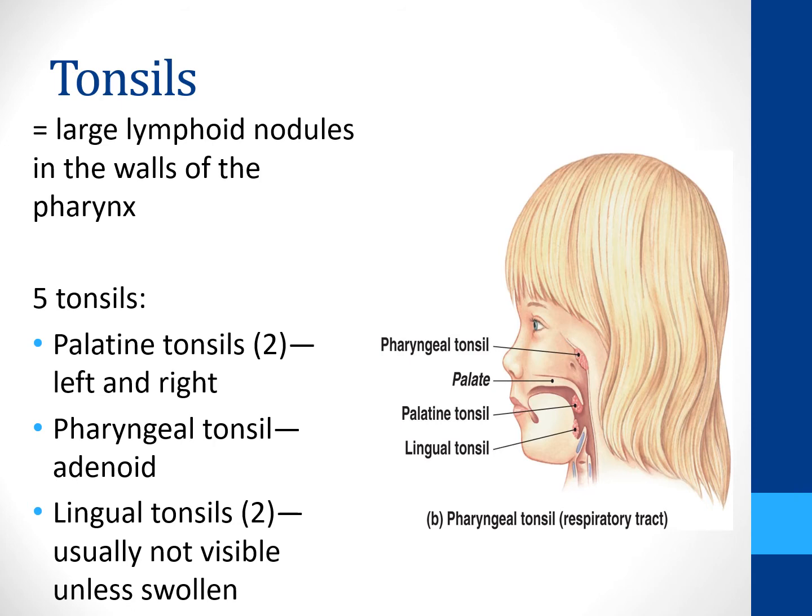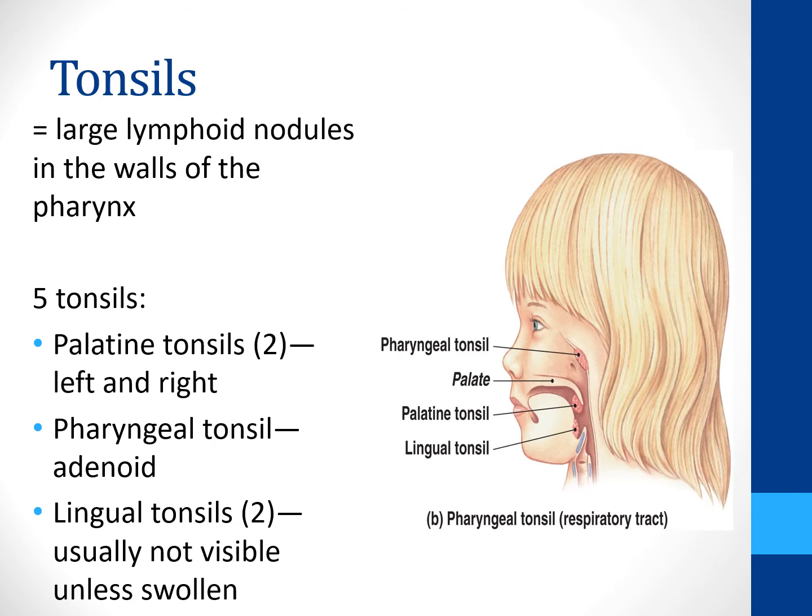Our tonsils are large lymphoid nodules in the walls of the pharynx. Most people, when we think of tonsils, we just think of the two palatine tonsils that you can see when you open your mouth. So we have a left and right palatine tonsil. The adenoid is a pharyngeal tonsil. You can see that that's up higher, up here. The palatine tonsils are here. And then there are two lingual tonsils, which are underneath the tongue, and those are only visible if they're swollen,